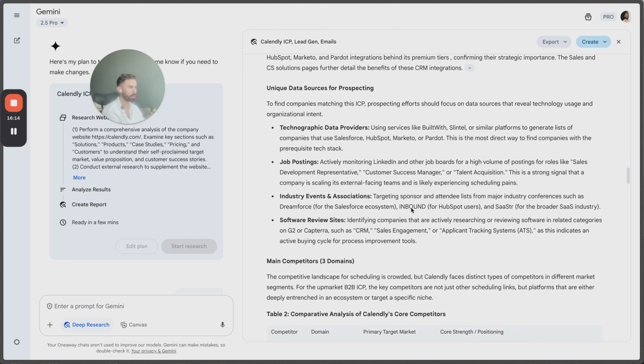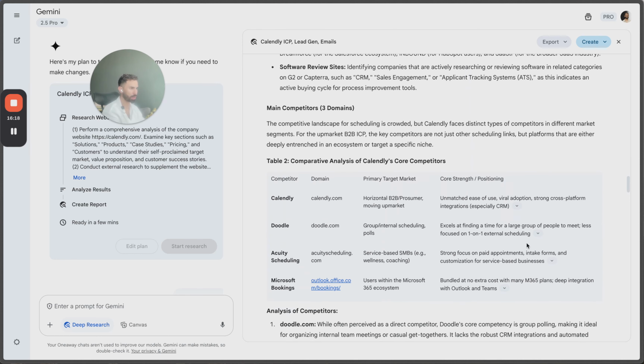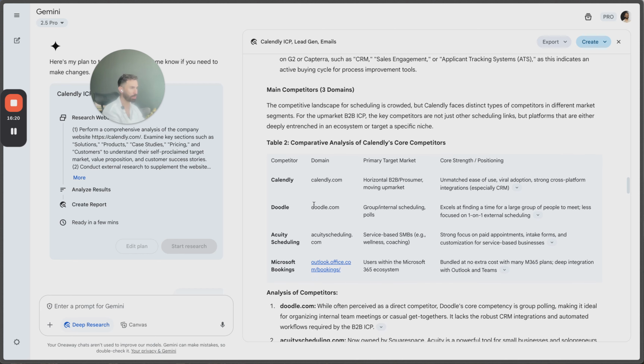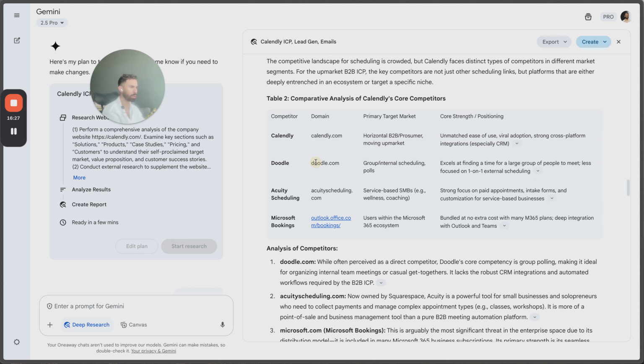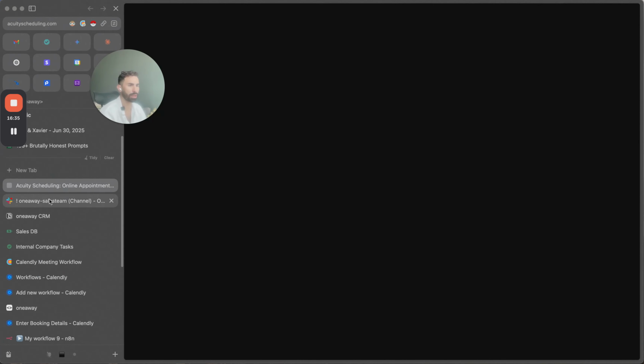There's one section I really want to show you guys. Oh, we have the main competitors. So, okay, I noticed there's definitely, I'm not sure why it included itself in here, but included Doodle, whatever this is. I've never actually heard of it. Like, let's check it out, actually. Let's see. It just looks by the name that,